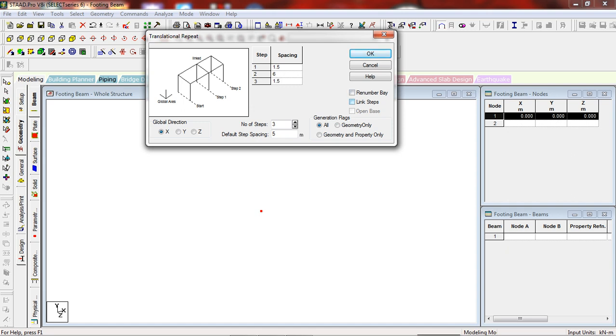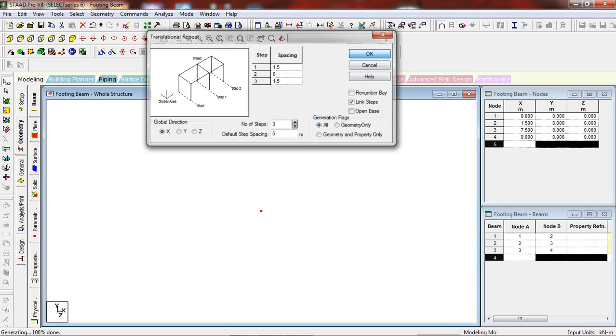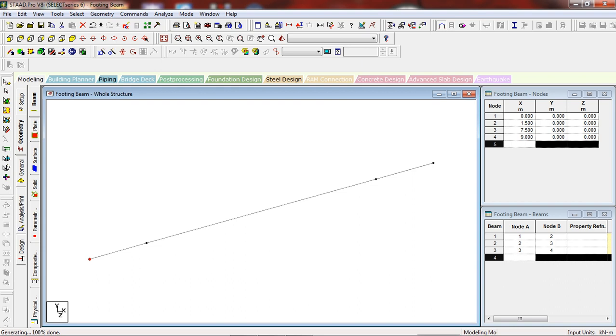Link step. This way I have drawn the foundation beam.